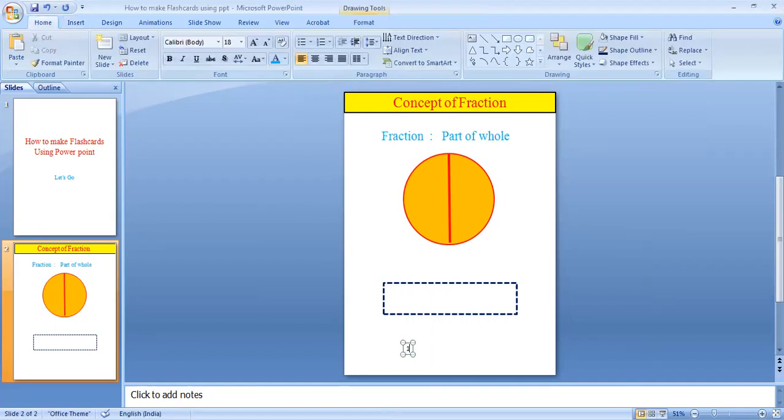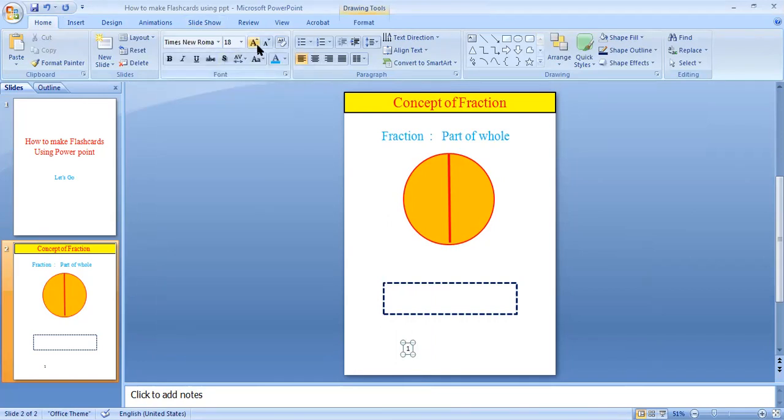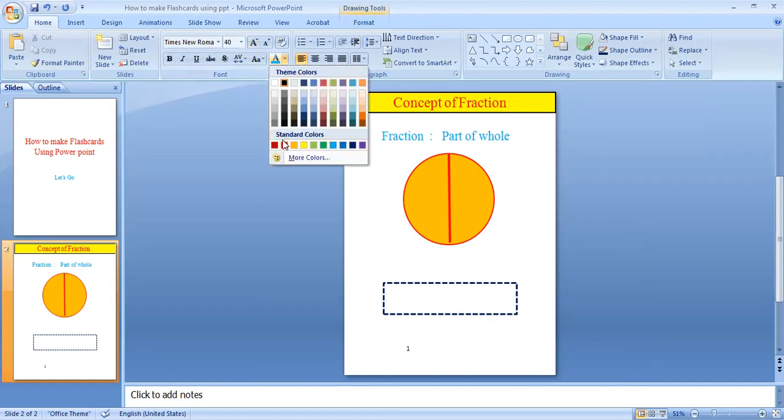Here I put a 1, and also increase the font size of the number, and also change the color.